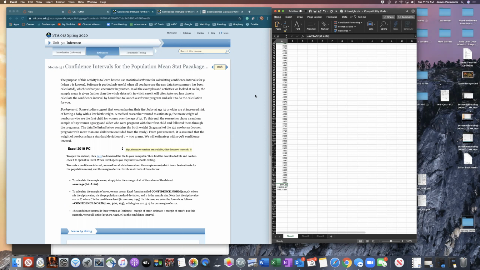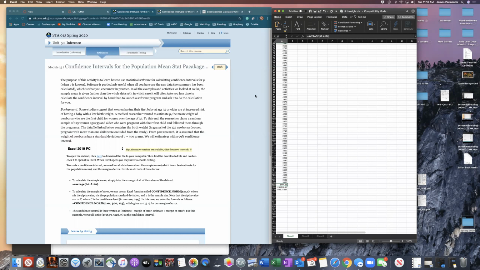So for this problem, we have right off the bat our sample average, X bar. Sorry, I hope you guys can see this. Our X bar is 3,111.36